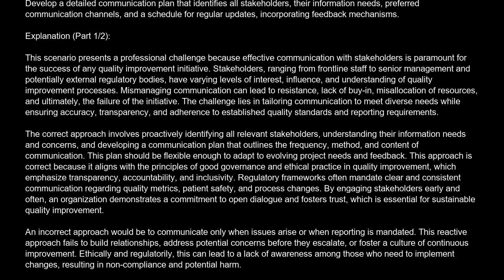for sustainable quality improvement. An incorrect approach would be to communicate only when issues arise or when reporting is mandated. This reactive approach fails to build relationships, address potential concerns before they escalate, or foster a culture of continuous improvement. Ethically and regulatorily, this can lead to a lack of awareness among those who need to implement changes, resulting in non-compliance and potential harm. Another incorrect approach is to provide overly technical or jargon-filled updates to all stakeholders, regardless of